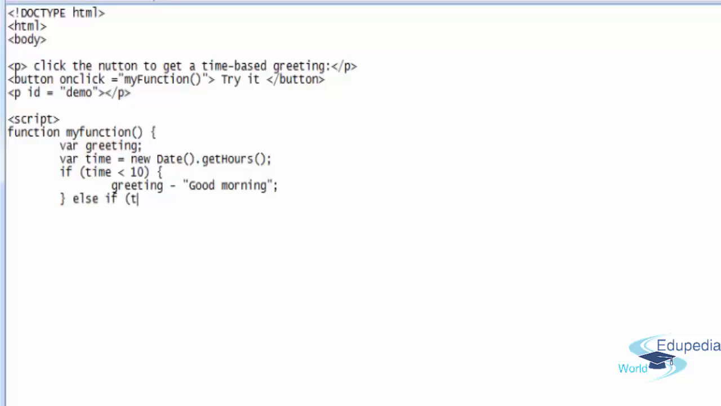You have to test another condition. Time is less than 20, which is 10 p.m.... 8 p.m. I believe. Yes. Open up the curly bracket and say greeting is equal to good day. Alright, and close this curly bracket,